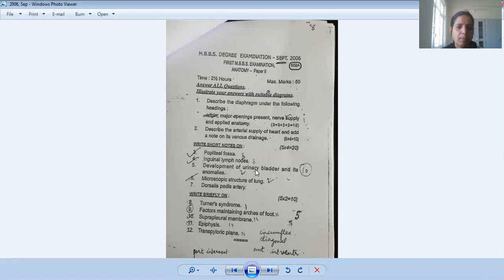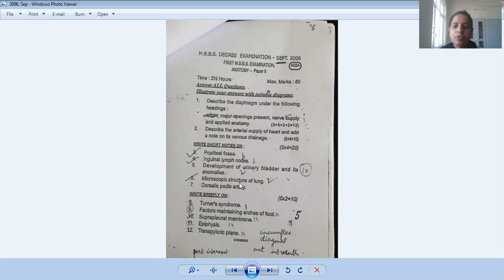Development of urinary bladder is from the cloaca, the terminal part of the foregut, midgut, hindgut. We will see again later because now we don't have that book. The mesonephric ducts get absorbed inside the urinary bladder, forming the trigone. The rest of the urinary bladder is developed from the cloaca. Anomalies you will see: hourglass type of urinary bladder, septate type of bladder, ectopic urinary bladder.